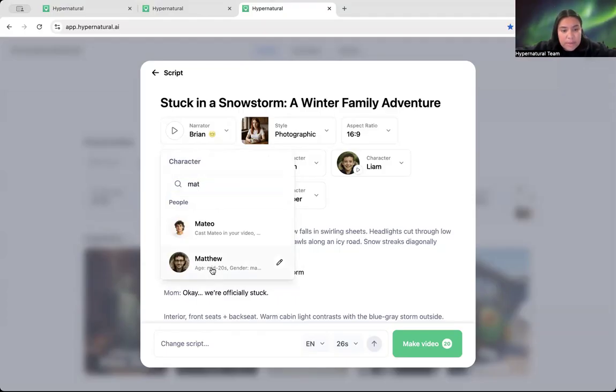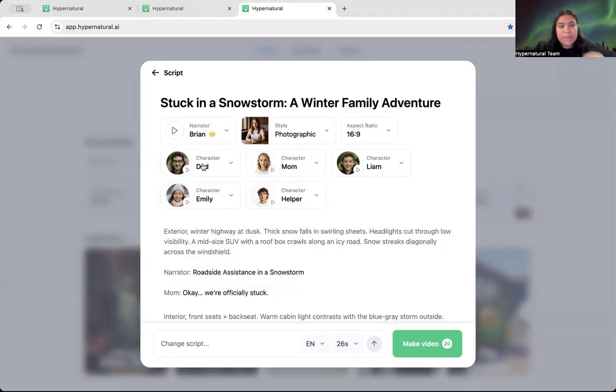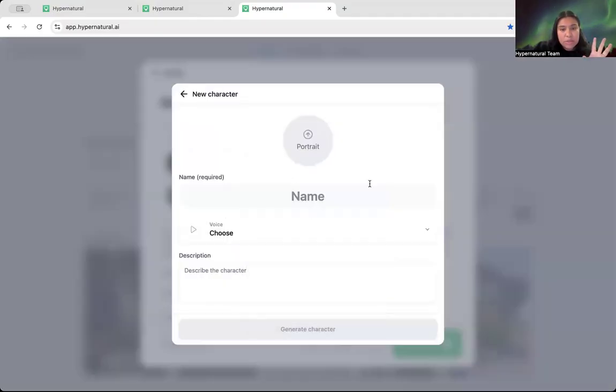One thing to call out about these characters is I put these characters in coats. I wanted to limit the possibility that they'd be wearing anything other than coats, so I made sure to put these characters in coats. I've uploaded these characters and created them that way, but you could also, let's say,